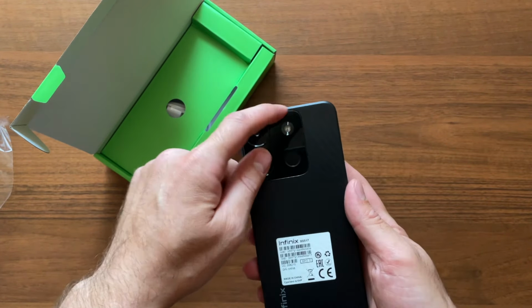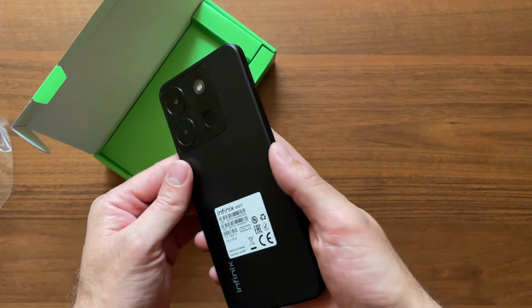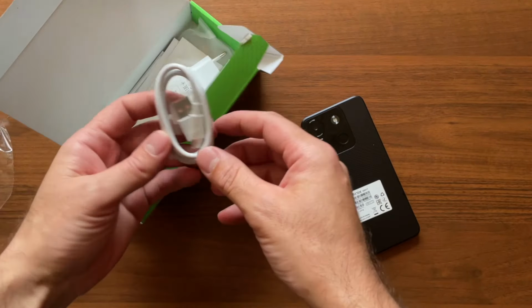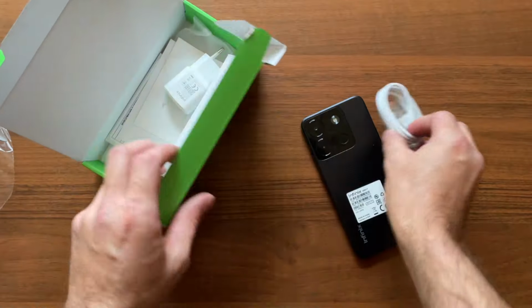Its appearance is not bad, a corrugated back cover. A huge block with cameras, they have them so stretched to look cooler, and the scanner is on the back. This is the glossy part, so it will probably leave prints. Looks sort of like, well, yes, prints still remain. I would do this as a matte finish after all so that it is more practical. Dual camera flash, double. And cool, such a back cover as if some waves covered the color of